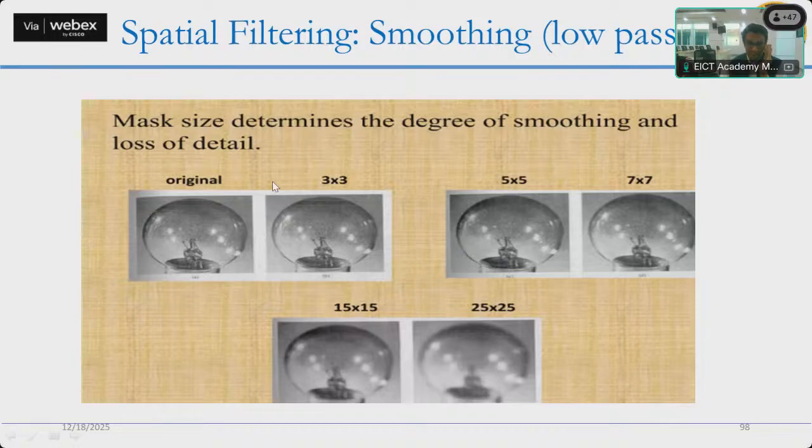This is basically the image. Then you take up the 5 by 5. Somebody said, no, I will check different sizes. Okay, you can try. So they are taking 5 by 5, then 7 by 7, then 15 by 15, then 25 by 25 masks. And what is the difference? Are you able to see the difference between these images? All have been operated on by the same type of standard average mask. The only difference is the size of the mask.